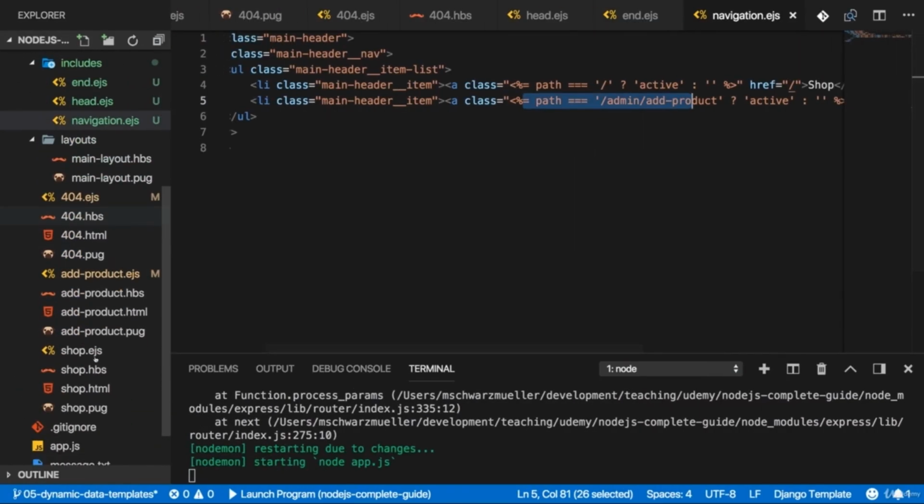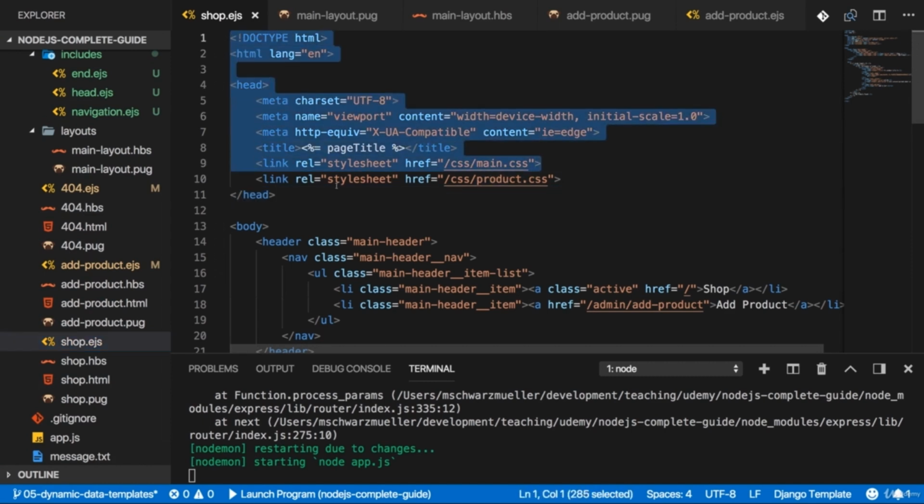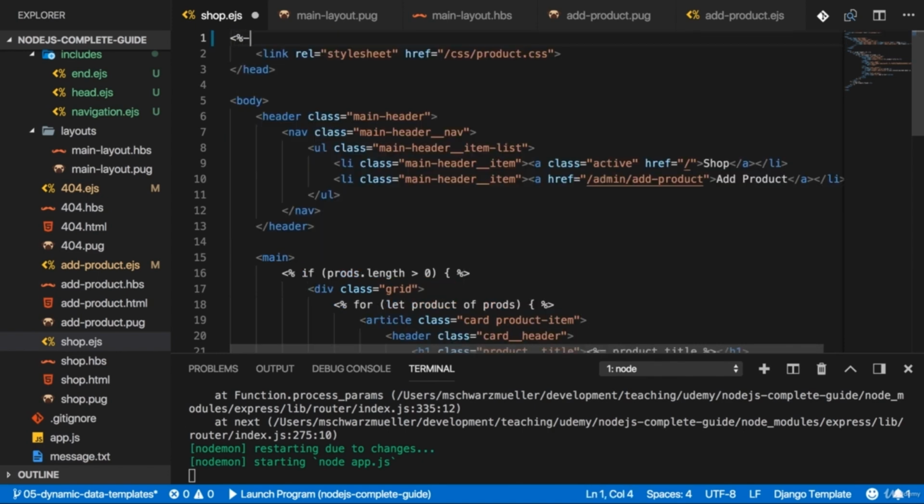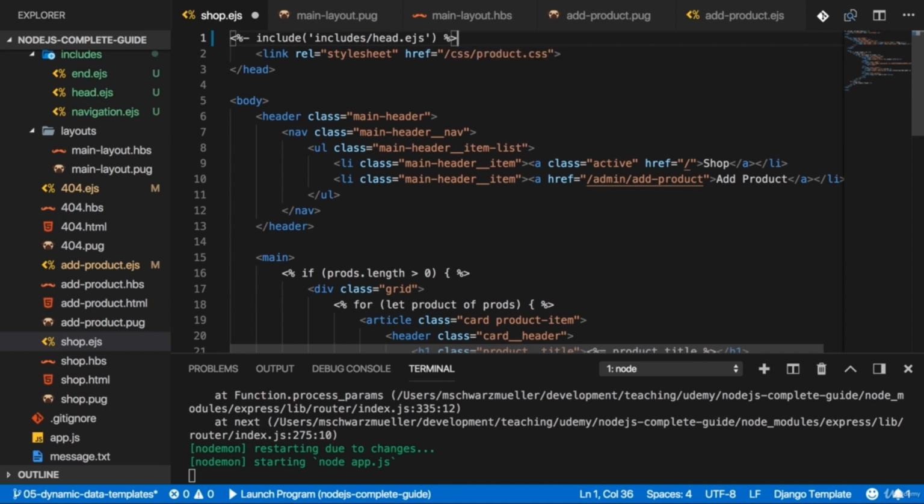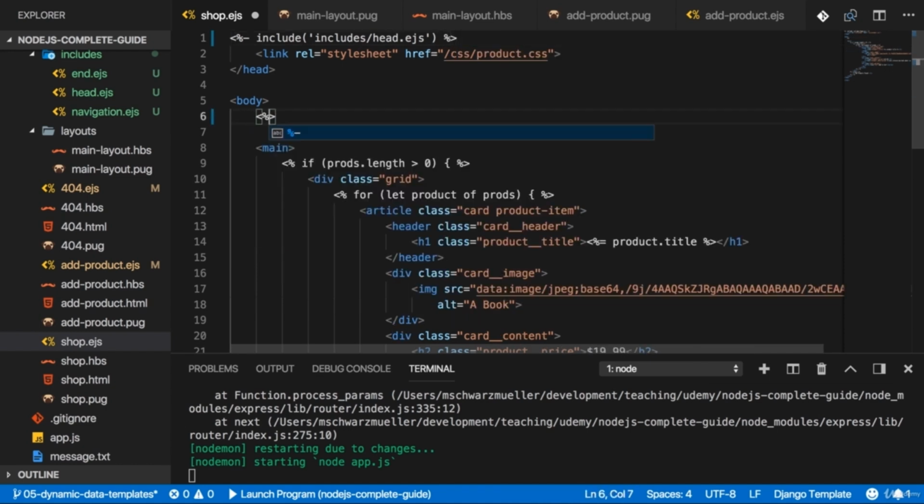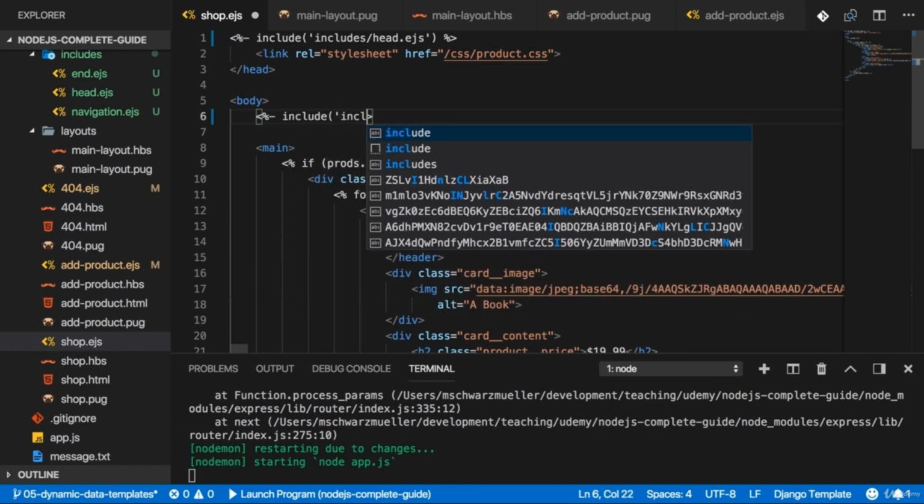Now let's go to the shop.js file, and there, let's do the same. Keep the link which we need in that file, which is the product CSS file, and replace the other part with our general include. So in the includes folder, there we have the head EJS file. Replace the navigation as we did it before. So there we have include, includes,